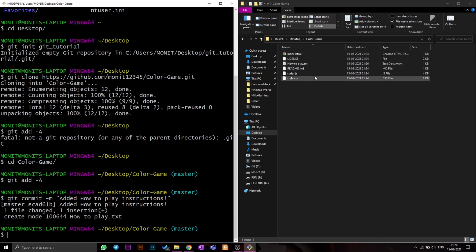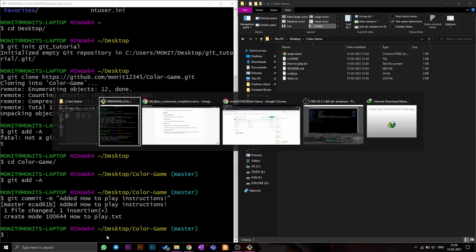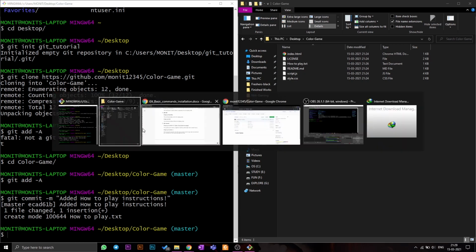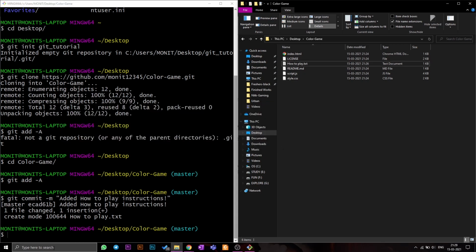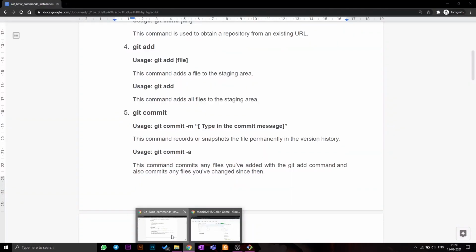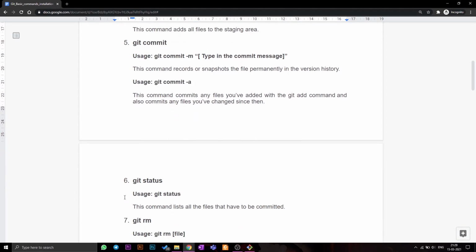So suppose if I messed with the JS or the CSS part or the HTML of it, it will show you how many files were changed, how much was inserted. So here I added only one line, so it was just one line of text. It's a pretty cool feature. It shows you everything, how it changed and what changed. So that's how you basically commit a file. It's basically committing into the memory of Git.